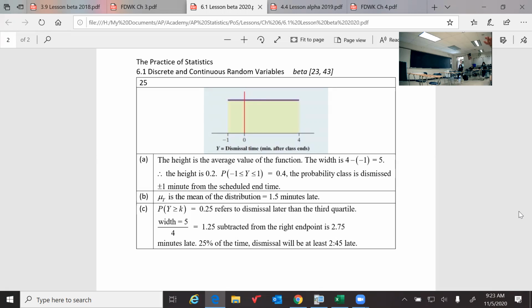What is the center of the distribution? Well, what's dead center? Dead center from 0 to 5 would be 2.5. And when the whole graph got slid 1 to the left, it'd be 1.5. So the expected outcome is you're getting dismissed 1.5 minutes late. Okay? And then C asks,